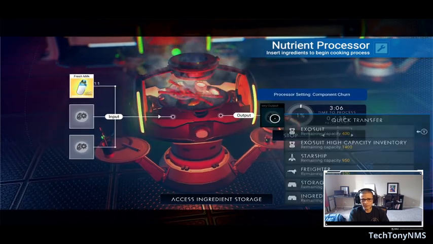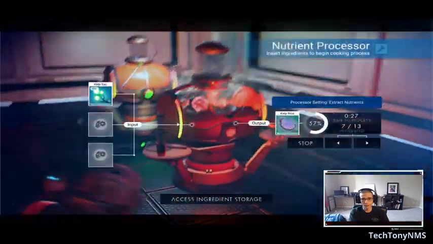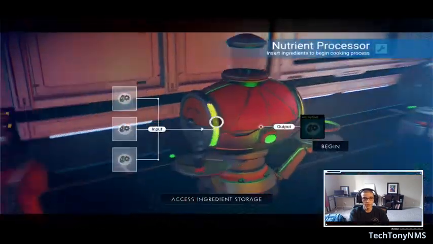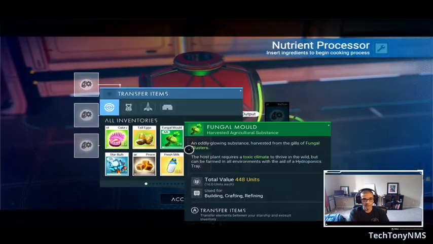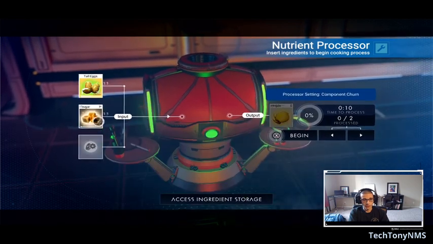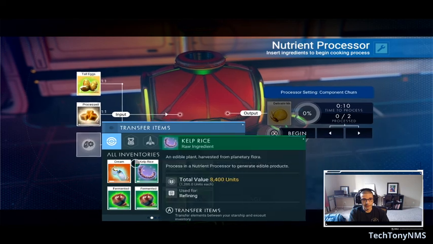Okay. We got a bunch of cream. So that's all we're gonna do with that. We're gonna leave that cooking. We have plenty of kelp rice, because we're only gonna make one cake of the lost, okay? Just to show you the process. Then we do egg. Then we do sugar. And then, forgot